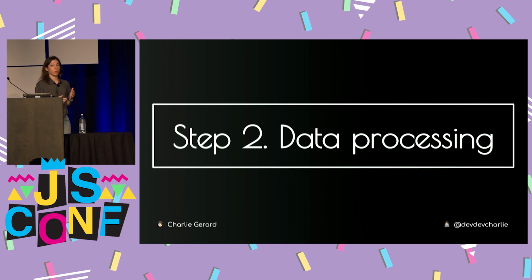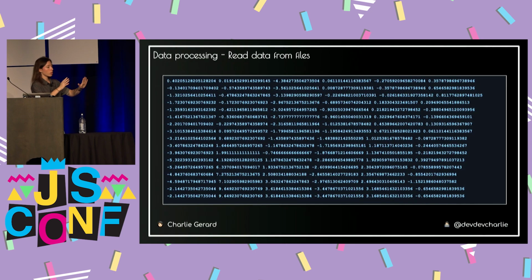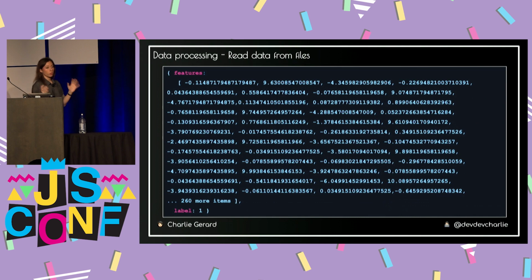So we have to do a bit of data processing to transform the data in a way that TensorFlow can work with. If we imagine that I have the nice file of data that I wanted, we're going to start with that. At the moment, it's just a file with lines. But the first step to transform it into something that we can use, we're going to transform into an object of features and label.